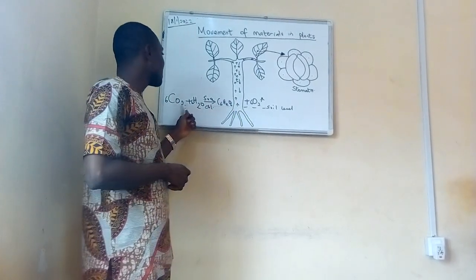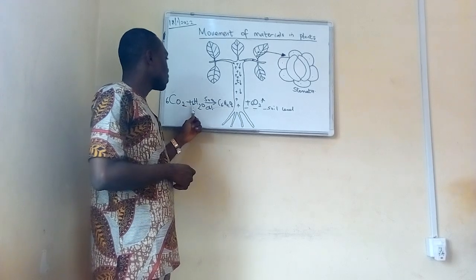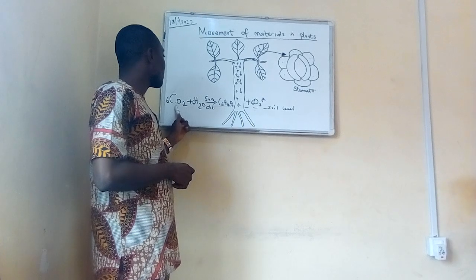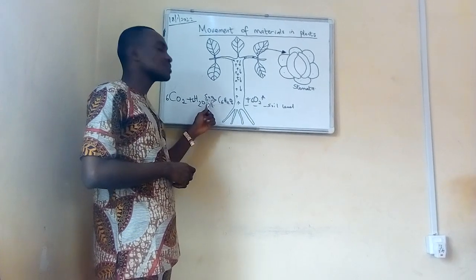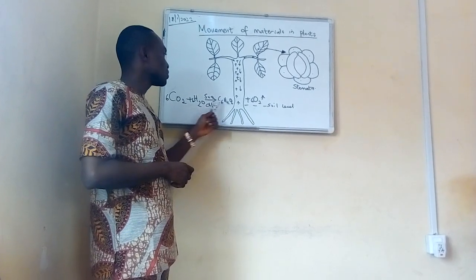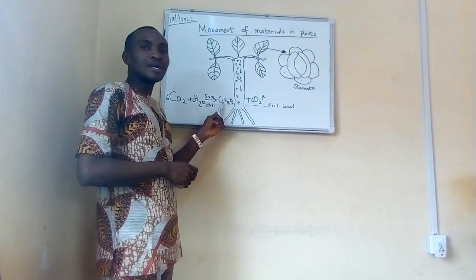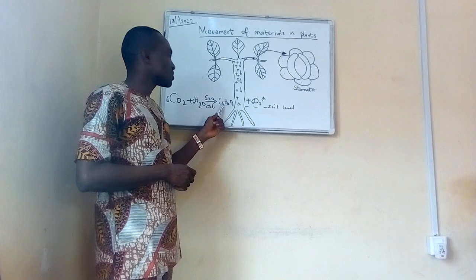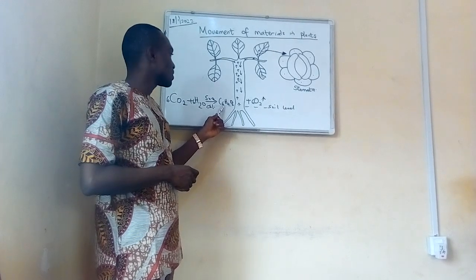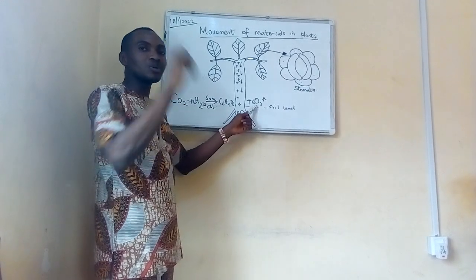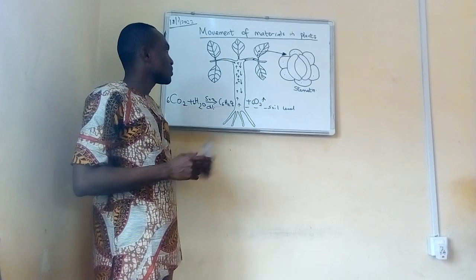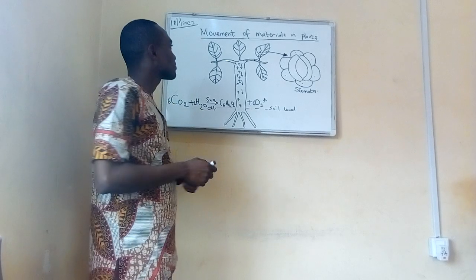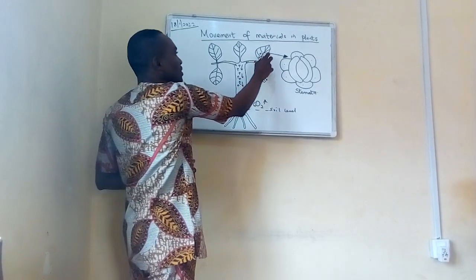So inside the plant tissue, the water coming from the ground through the roots will react with the carbon dioxide in the presence of sunlight and chlorophyll to produce the organic molecule, which is known as starch, C6H12O6, and oxygen is given up into the atmosphere. So what am I trying to say? Anytime a plant manufactures its food, the food must pass through the leaves,